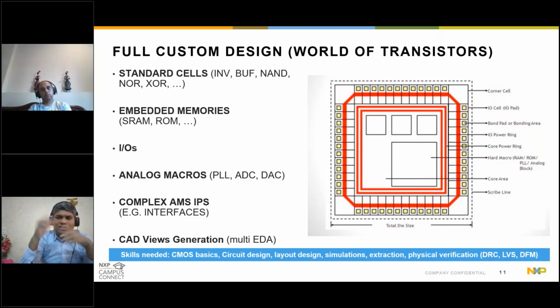Analog is essentially what is not digital, which is basically the entire infinite set of points on the signal, right? Whereas digital is something which is a sampled set from the signal. So it is more the type of design that is being talked about in digital or analog. Full custom or semi-custom is more about the way of working.